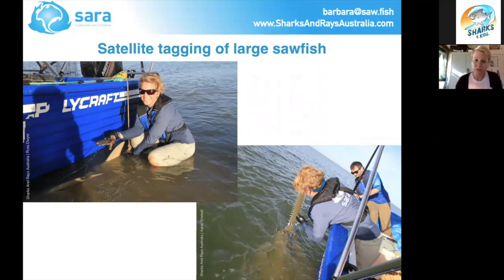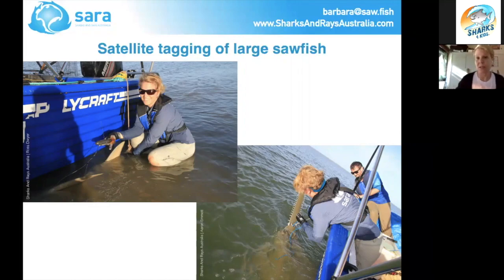Some of these animals, this animal that you see in the picture here is called a dwarf sawfish, because the saw is the shortest in relation to the body length. But this animal was actually 3 meters long, so it absolutely wasn't a dwarf. And so we put a satellite tag on this animal, and basically whenever it comes into about 70 centimeters of water, the tag, it looks like a little spaceship, like a little torpedo. This tag floats to the surface and then connects to a satellite and then gives us